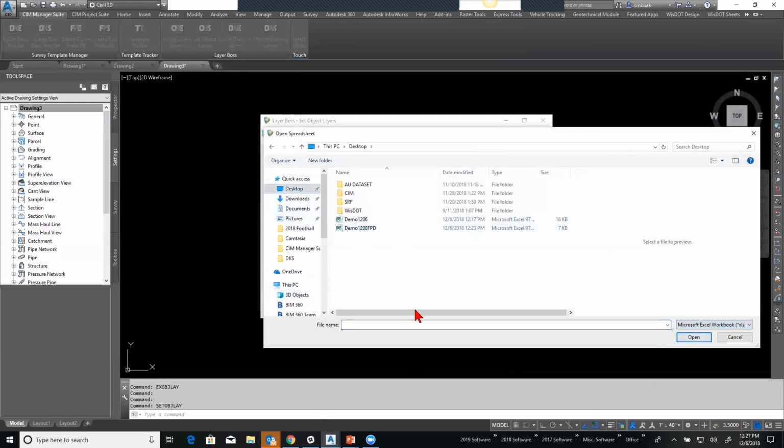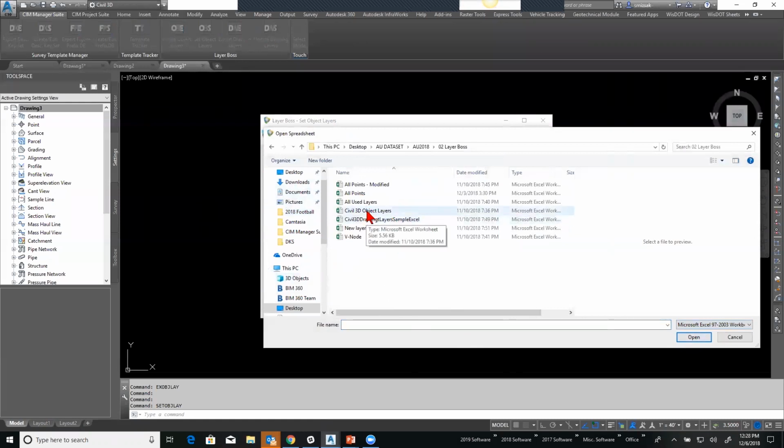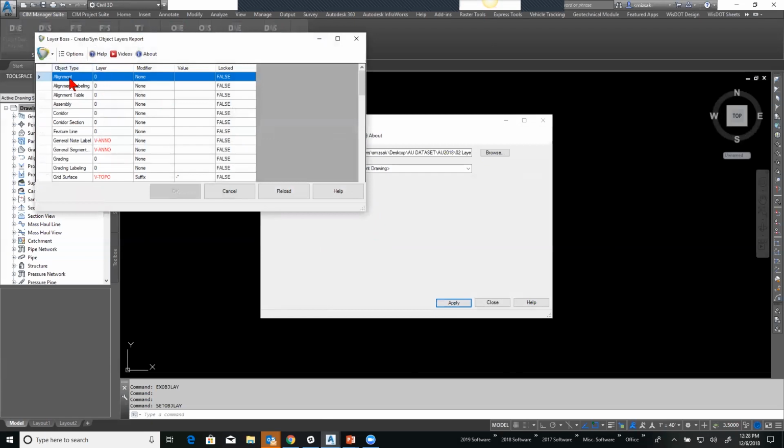And there, oops, I didn't save it. So I'll just quickly come into here, 2018, Lair boss. And here are my Civil 3D object layers on here. So I'll just open up that one and say apply. And what this will do is it will run through everything and say, yep, here's all your